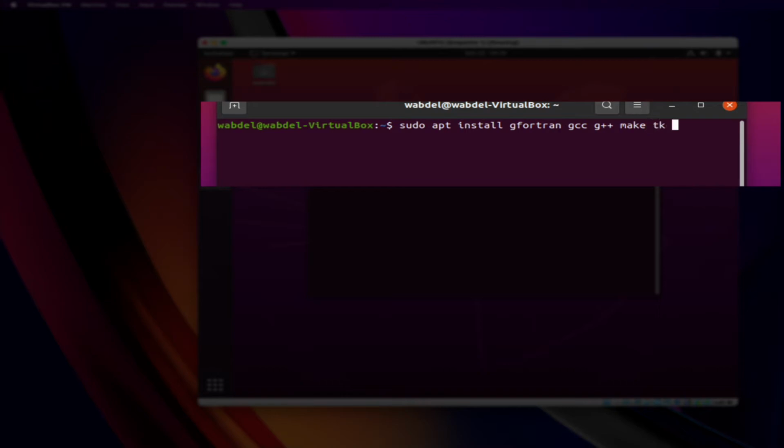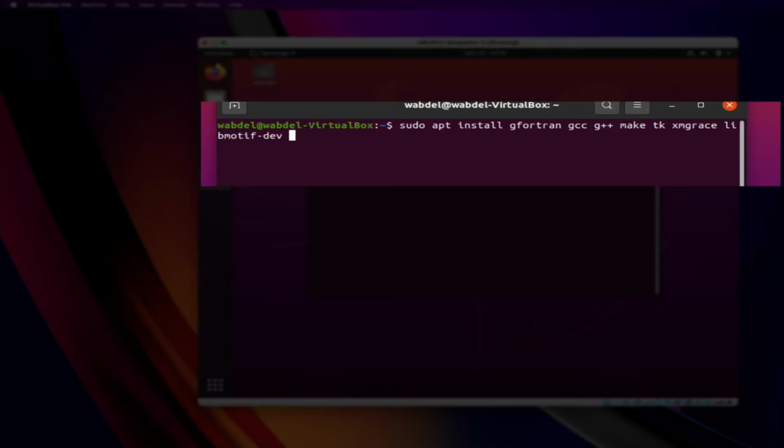So we have tk, xmgrace, libmotif, it's one word, libmotif, and then we have dev,